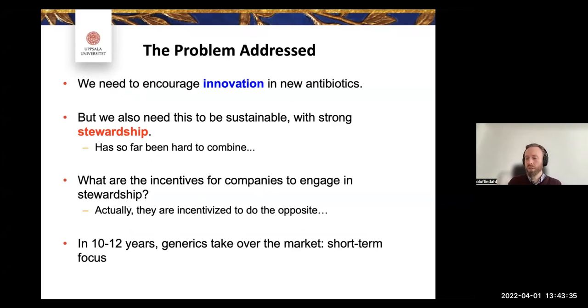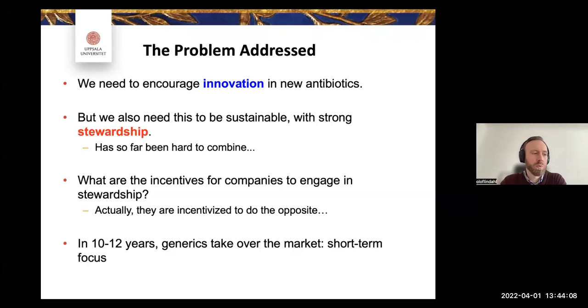that in 10, 12 years or so, you run out of the patent, you lose the patent, and generic entry happens. So anybody can make your drug, and some will, and it will be even more difficult for you to get your money back. So there is this incentive for antibiotic developers to, as soon as they get their new antibiotic approved, sell as much as possible to save their lives. No, not to save their lives, but to save pretty much everything else: the company, the drug, colleagues, etc.